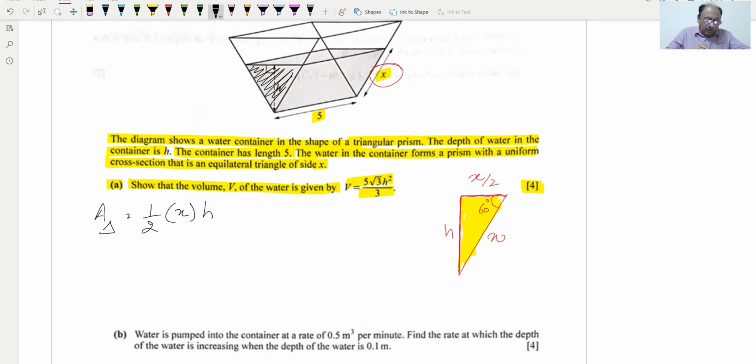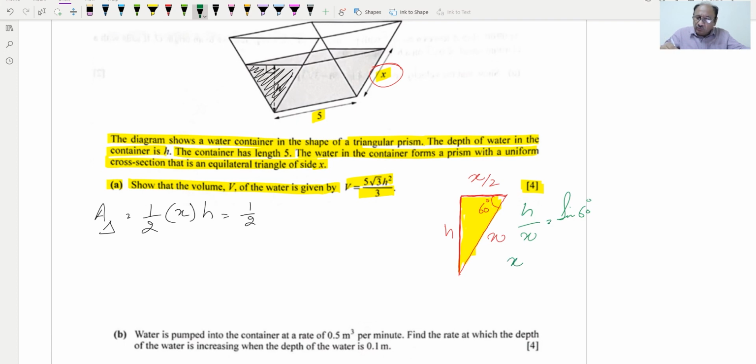So it will be half into x into h, and this will be equal to 1 by 2 into, we can first find, basically from here we can find x, h over x will be sine of 60, so we can write here h over x will be equal to sine of 60, opposite over hypotenuse,